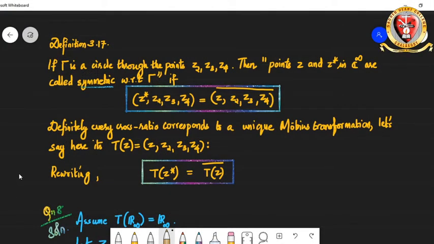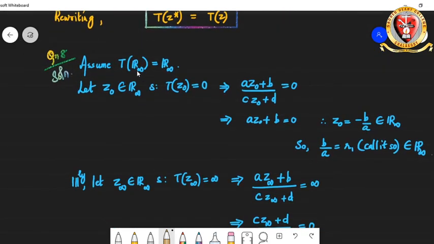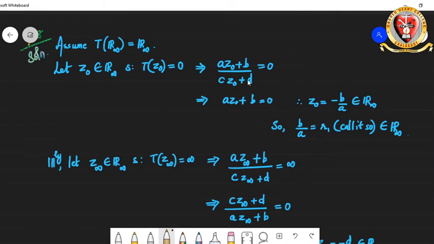So in question number 8, we are going to first assume that T of the extended real line is equal to the extended real line. And then we have to say that the coefficients should be real. Okay, suppose z naught is coming from R infinity such that T of z naught is equal to 0, that will mean that A z naught plus B divided by C z naught plus D is equal to 0. That will consequently imply z naught is equal to minus B by A, and we know that